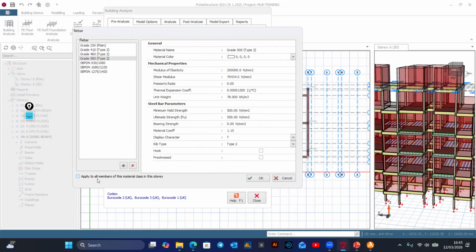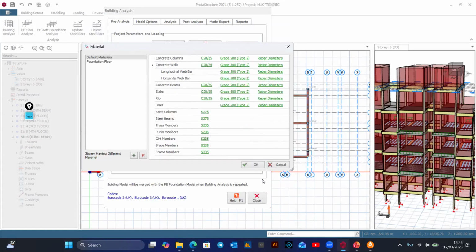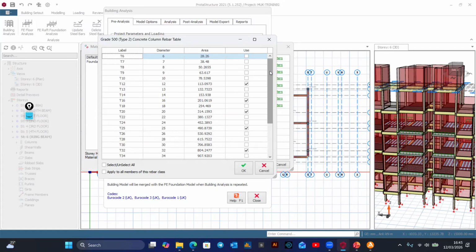Then we also apply all members in the story. You mark and then click OK. Is that okay? Then lastly, now we go to rebar diameters. Under rebar diameters,